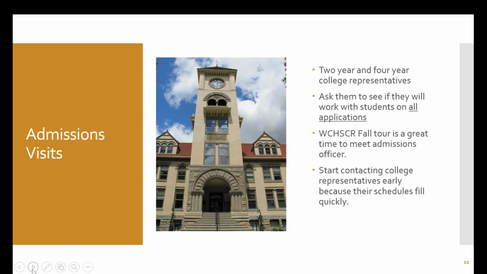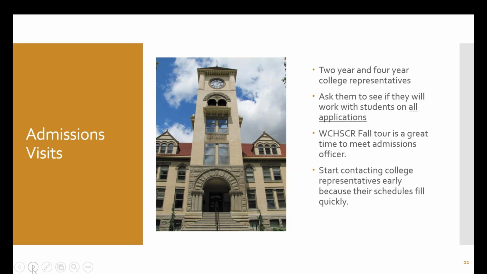If you are going to look at having college admissions officers come to your school for a college fair or for your event, I encourage you, if you're doing a college fair, put your event on the same day, because that way the college admissions officers are only having to come out once. Ask to make sure that they will help students work on all applications, not just theirs. Invite 2 and 4 year college reps. So you make sure you have a variety of schools coming to your event, especially if you're doing a college fair.